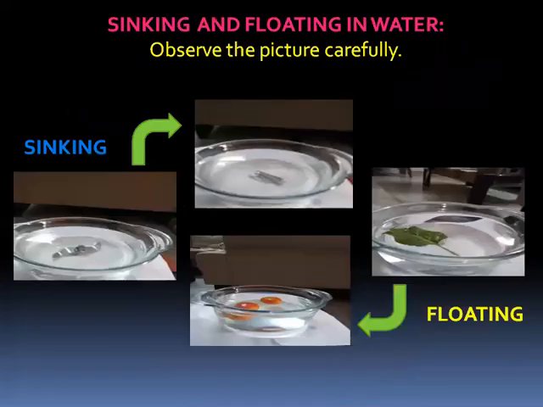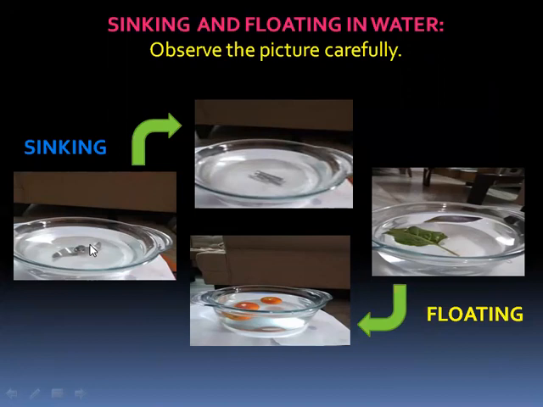Here, what is this, children? Sinking and floating in water. This you can do in your house. You can observe, children. But take a transparent vessel, a glass vessel, so that you can see through it. This I had done in my house. You can see this activity. Sinking in water. You can see these pictures where I used nails, and this is a mixie